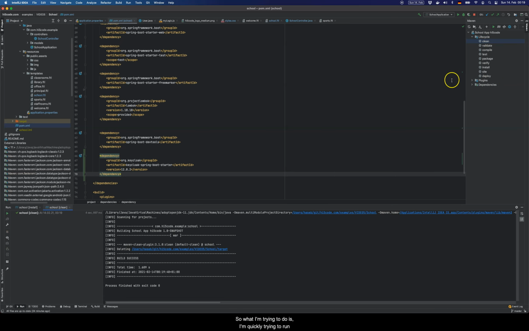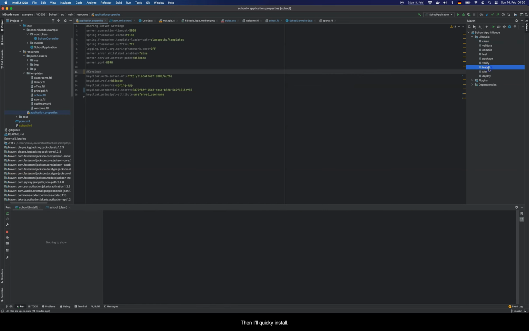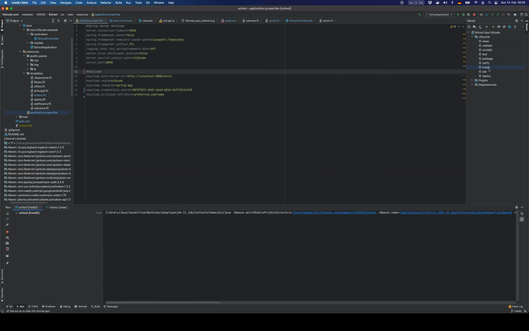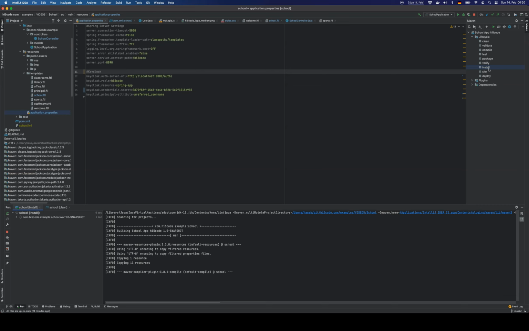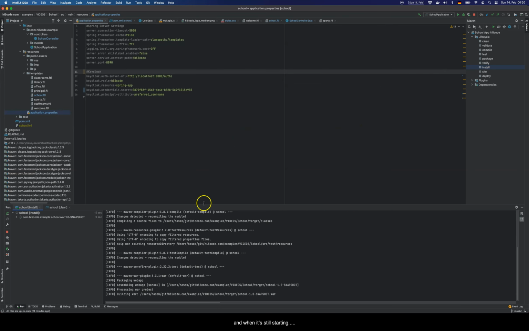What I'm trying to do is quickly run with the settings that we did in the application properties, and we'll see whether we can make the redirection possible with these settings or not. And then I will quickly install, and it might take some seconds. And while it is still starting,